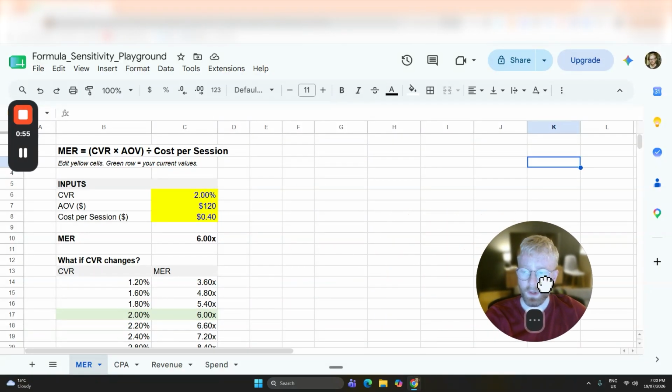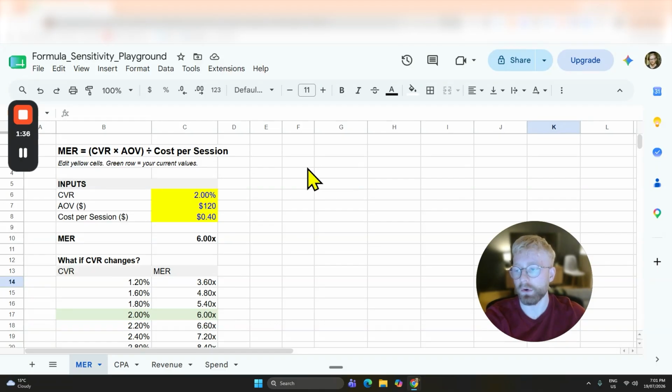So the first one is related to MER, right? Media efficiency ratio. Blended return on ad spend is another name people use. Basically, it's a key performance indicator in e-commerce, and it assesses overall revenue divided by your spend, and it's a metric that assesses the efficiency of your paid media strategy, basically, right? So with that being said,